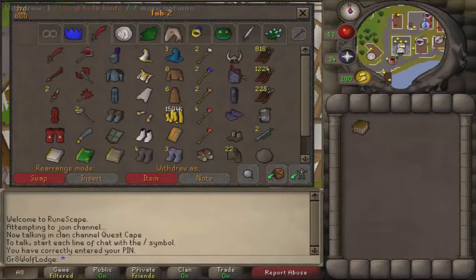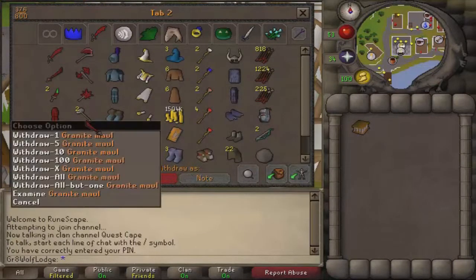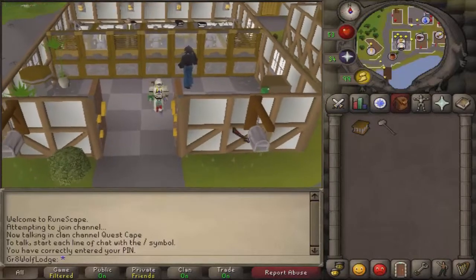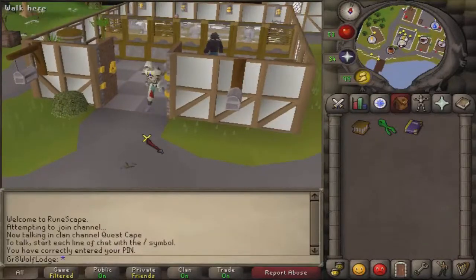I upgraded to Blue Dragon Hide and Magic Short Bows. That's about it. And then I bought another Granite Maul, so I have a placeholder. But yep, now I can wield this bad boy. This was actually like the first big purchase I made back in the day on